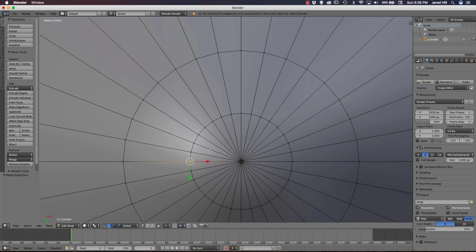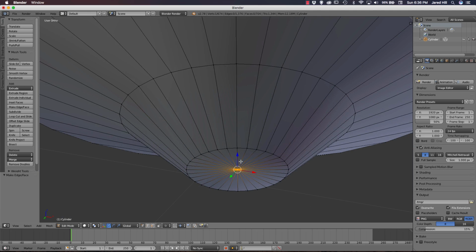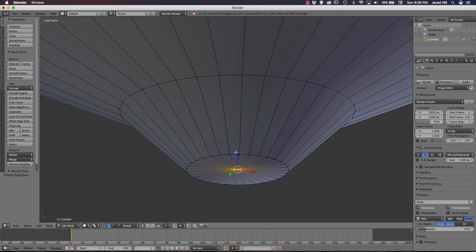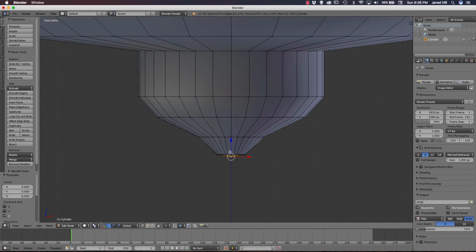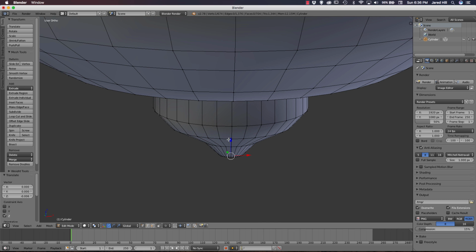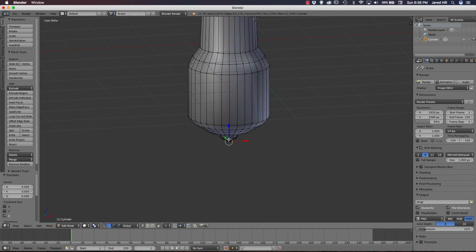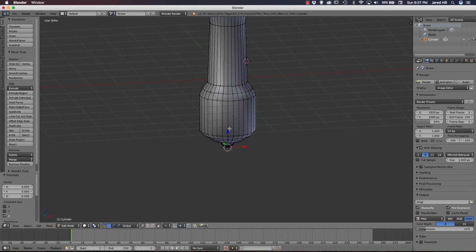And now another thing that we can actually do here is select this vertex here. As you can see, it's creating a very flat bottom here, so we can actually just go to our front view and move this out a little bit just to make it a little more of like a point or rounded. And if you're wondering about how many faces or triangles that you have in your composition, you can